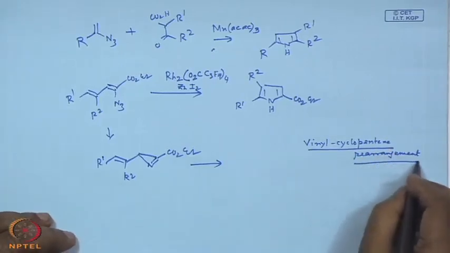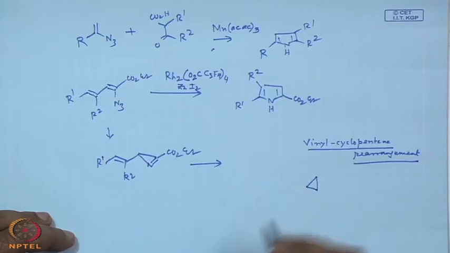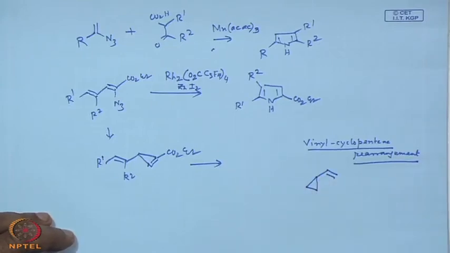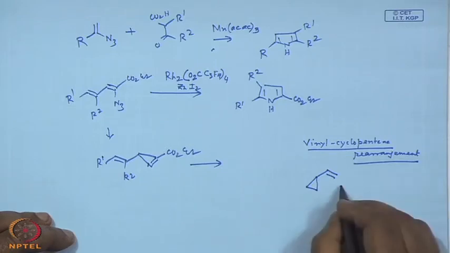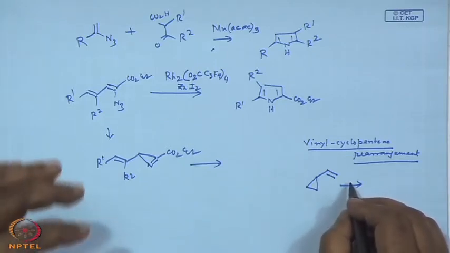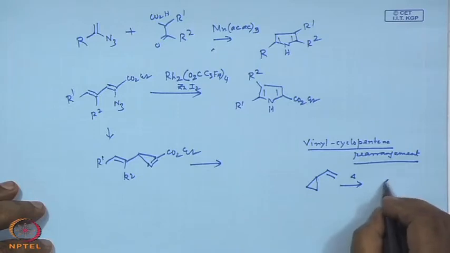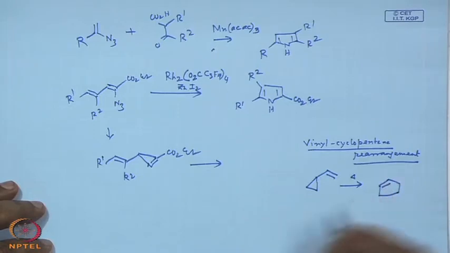What is it? It is nothing but, you see here, the starting material is vinyl cyclopropane. If you heat it, again just like in temperature, 200-300 degree centigrade, just heat it. What you will find? You will find a cyclopentene. It is a very good reaction. I do not know why many people were interested at one point, but nowadays I do not see many examples in the literature, but very general reaction,